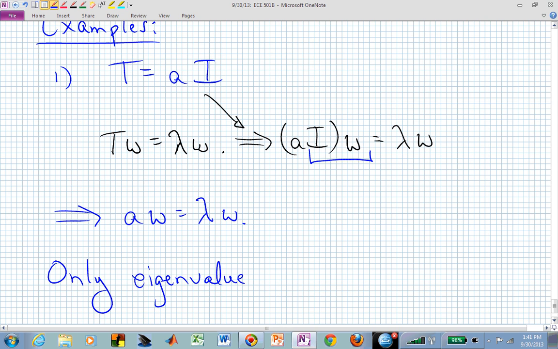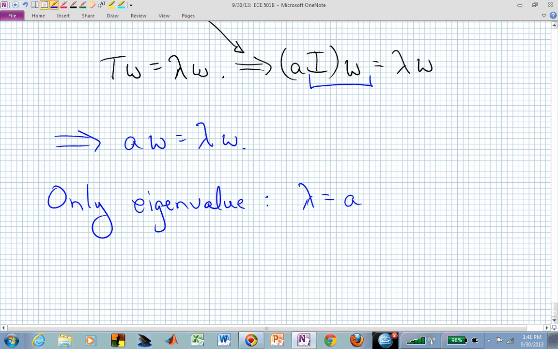So let's see if we can write that down. Only eigenvalue is lambda is equal to A in this particular linear map. And that eigenvalue is true for any vector in our original vector space V,